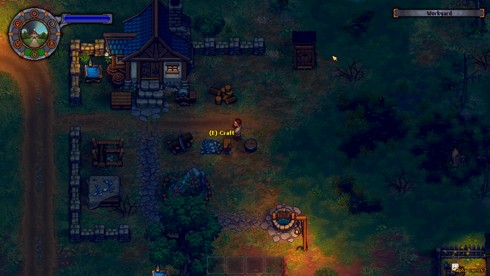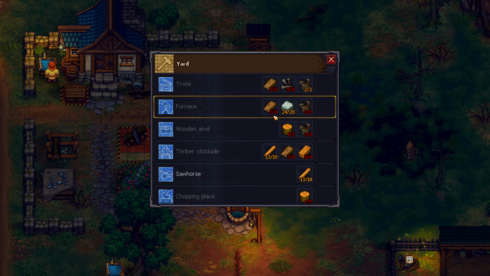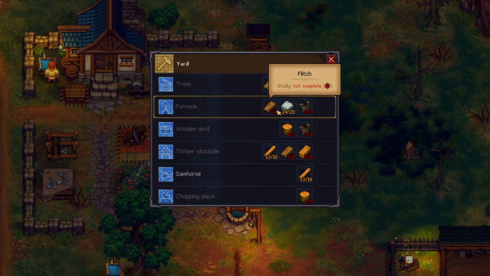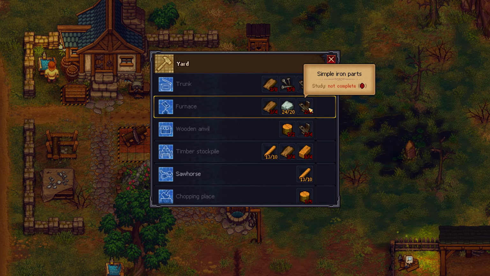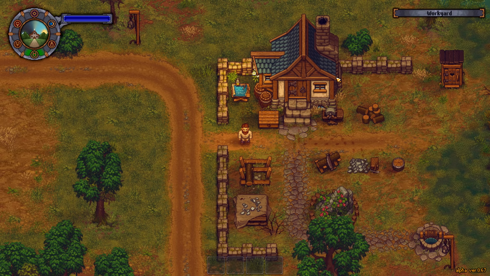In this case, I think it's going to mean getting the materials to build a furnace so I can smelt some iron ore. And what do I need? I need simple iron parts and a flitch. Well, the flitch is the easy bit. It's the simple iron parts that are going to be tricky because I am going to have to buy those from that exploitative capitalist